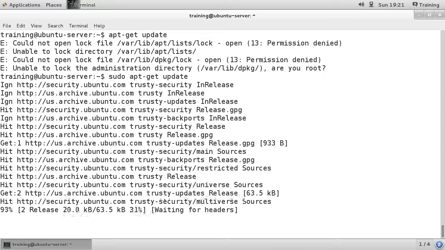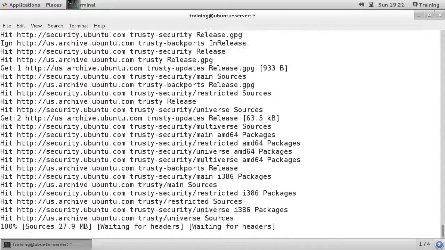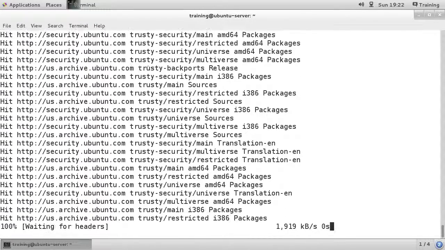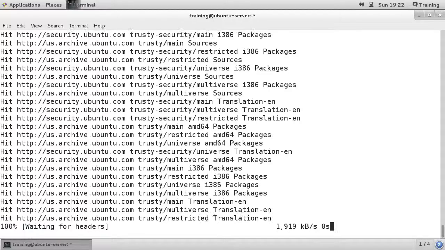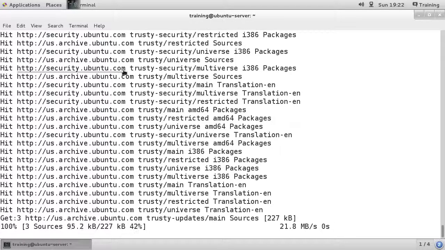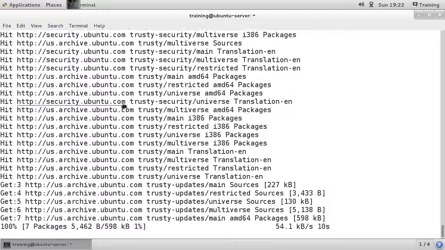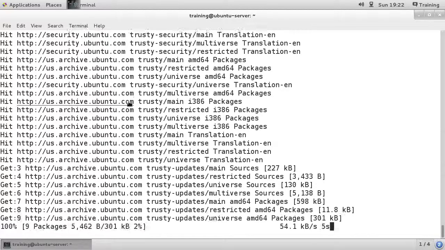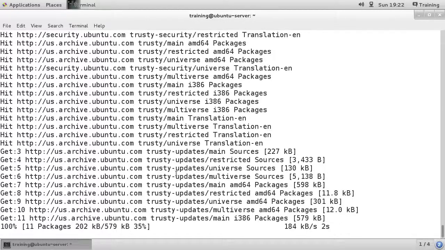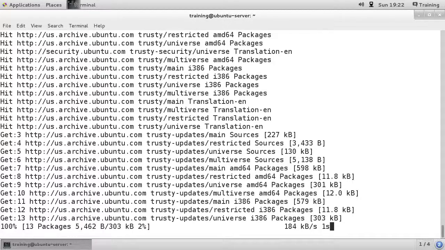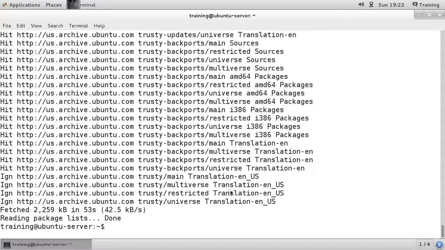And it will go and make sure that we have all of the latest packages from the internet, just the headers though, and not the actual Debian packages, but the headers that let you know that they're available. And what I might do is just quickly pause this so you don't have to sit there and watch it. Okay, so once you have all of the latest repository information downloaded, you can then start